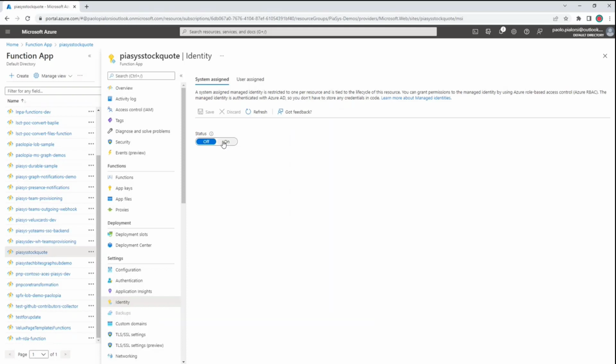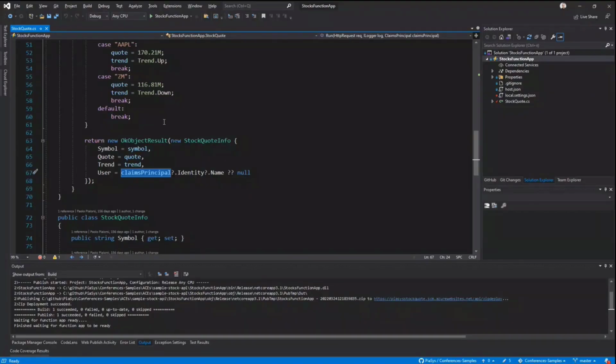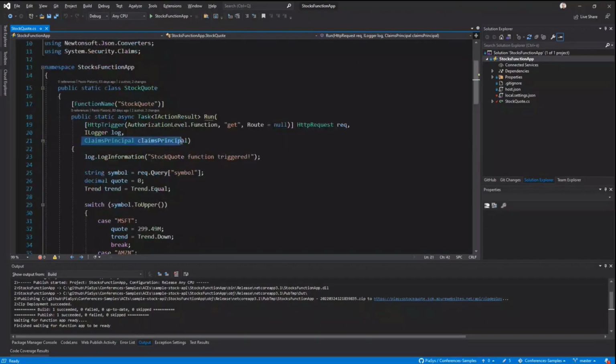But if you want, you can click on the on button here and configure Azure Active Directory from the UI of the Azure function. Or you can rather use, at low level in your function app, the claims principal information and do your authorization and authentication logic in your custom code right here. It is completely up to you.